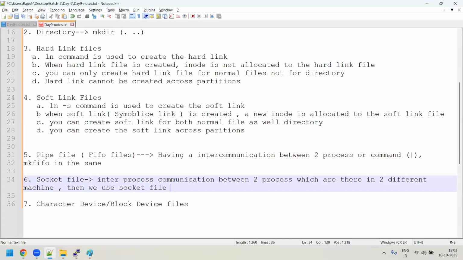So a socket file is used for inter-process communication between two different processes over the network in two different machines. We call it socket programming, or you could just call it a socket. With the help of a socket only, you are able to communicate.